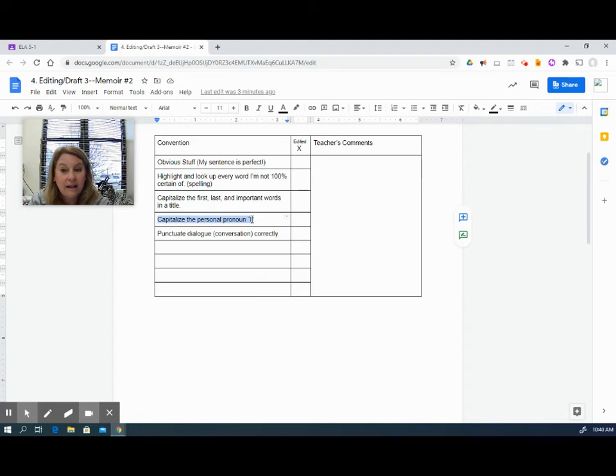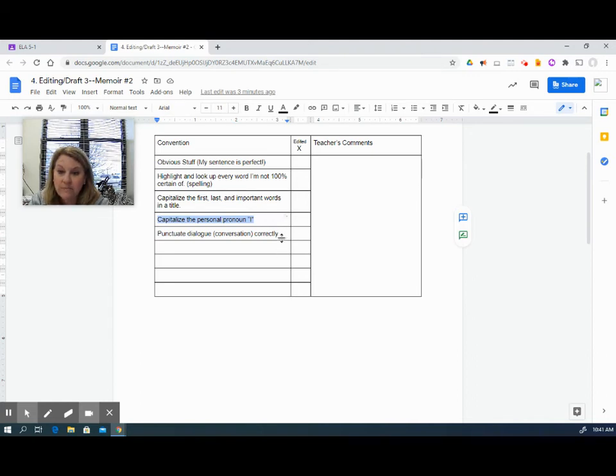The fourth thing that you are going to check your document for is the personal pronoun I. Again, this one's so easy. All you're doing is skimming every single word in your document, and if the word is I, you're making sure that it is capitalized. I'm still seeing kids turn in drafts with lowercase i's for the personal pronoun. Not okay, and so easy to fix. Doesn't take any time. So you're going to scan your document word for word, and you're going to fix any of the I's that are not capitalized, and only after that are you going to put an X in the